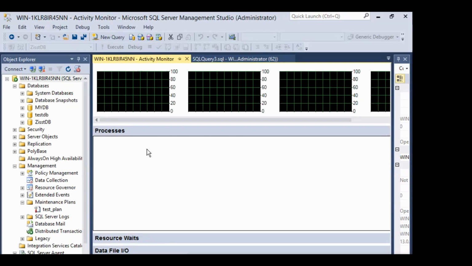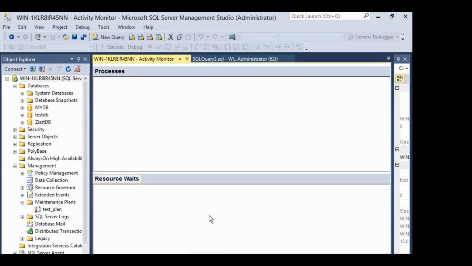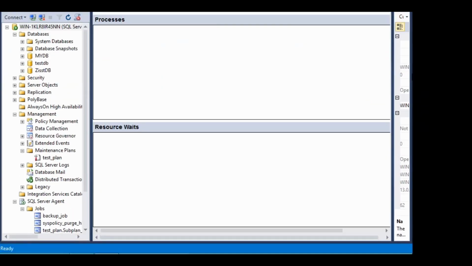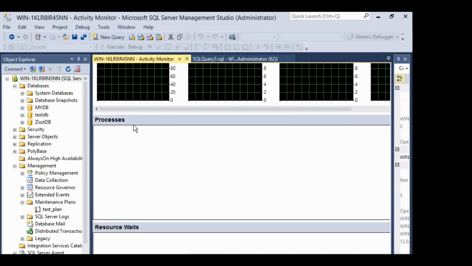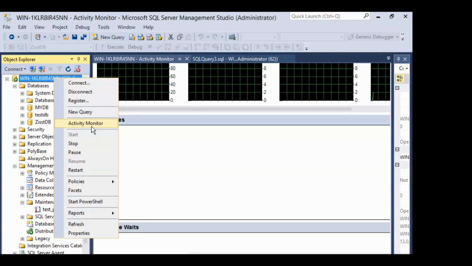Processes, again, nothing. So pretty much everything is blank. If we wait a little bit longer, then maybe we can see the CPU information and a few other things, but the main thing is you can right click and then click the activity and it will show you